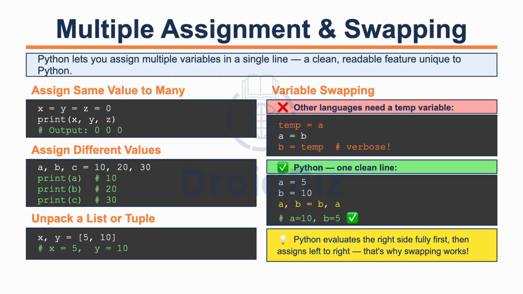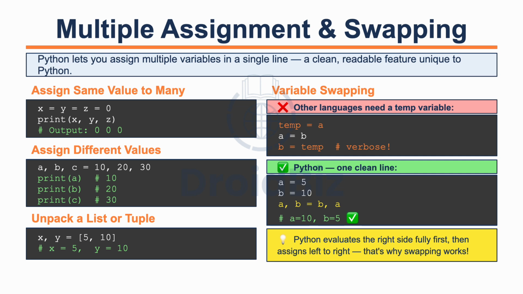Here is why this works. Python evaluates the entire right side first, capturing both values, and then assigns them to the left side in order. So a gets the old value of b, and b gets the old value of a. No temporary variable needed. This is one of the most elegant features of Python, and you will use it often